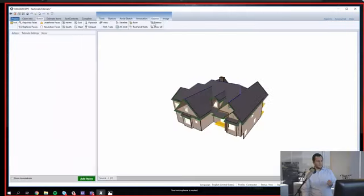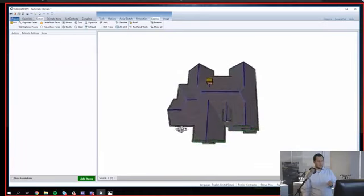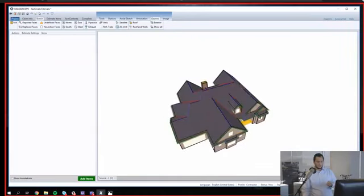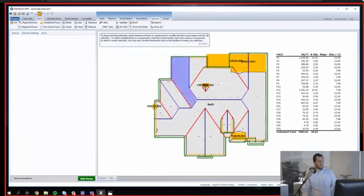tab, and you're going to see it sort of changes what we're used to in the sketch screen. We're still able to see the house in 3D, but for this I'm going to go ahead and switch it to 2D. And I just want to show you exactly what it is that we can do with this right here. So we've got all of these measurements, and because Geomni is using high resolution imagery, whether it's from our airplane like we talked about, or from the phone, or even potentially a drone, that's something we've not talked about today,